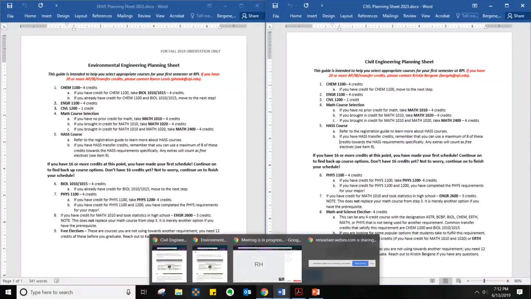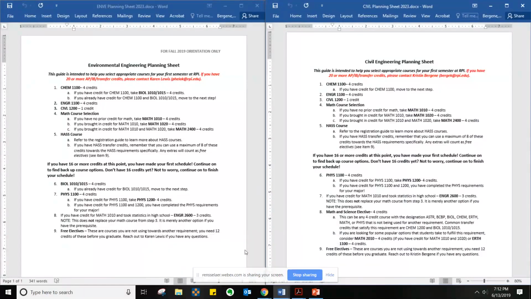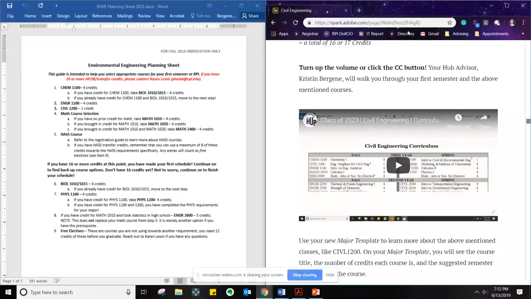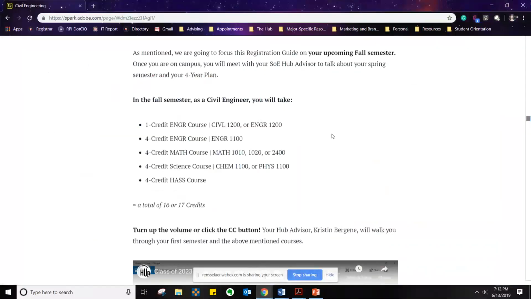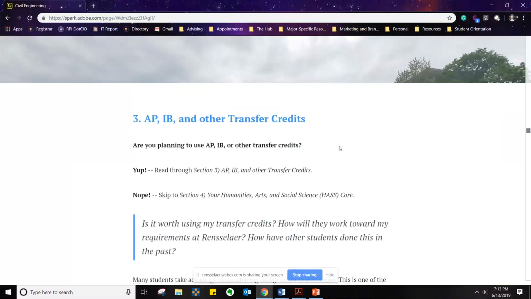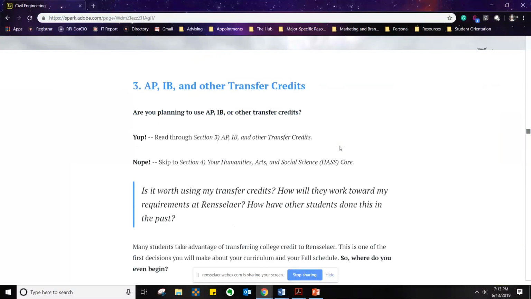And basically what we're going to do going forward is Kristen is going to bring you back to the guide to show you all of these details and also how to build a schedule and logistically register for your classes. And since Karen just showed you that you're headed for the same courses in the first semester, I'm just going to open up one of these registration guides for the rest of this, so we can zoom in a little more.